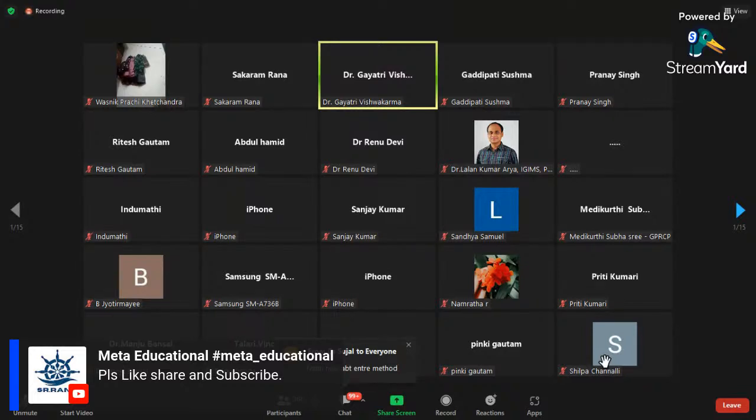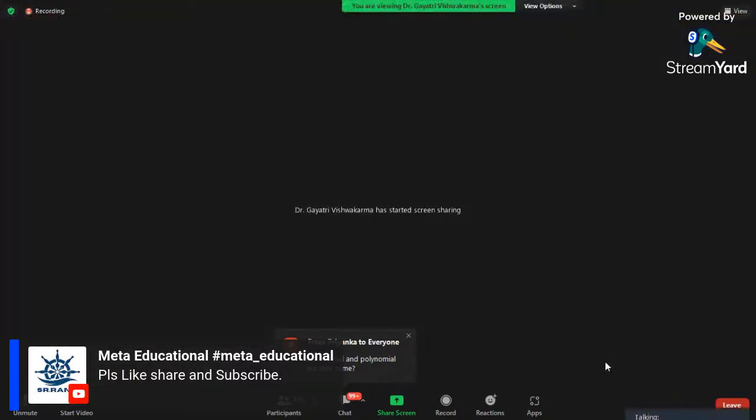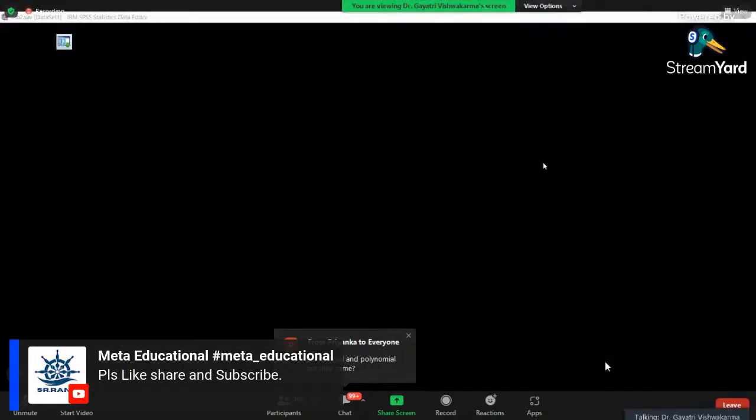Somebody is asking about the enter method. That enter method is the climax, which you are going to see during the hands-on. So let me share my screen again. Can you see the screen again? There is one more method. People are very smart, they have done the homework. So there is one more method, that is the enter method, and when we have to use it, I'll show that during the hands-on.